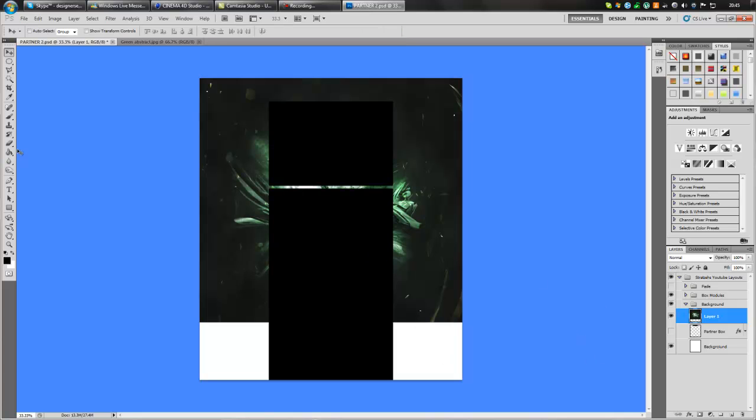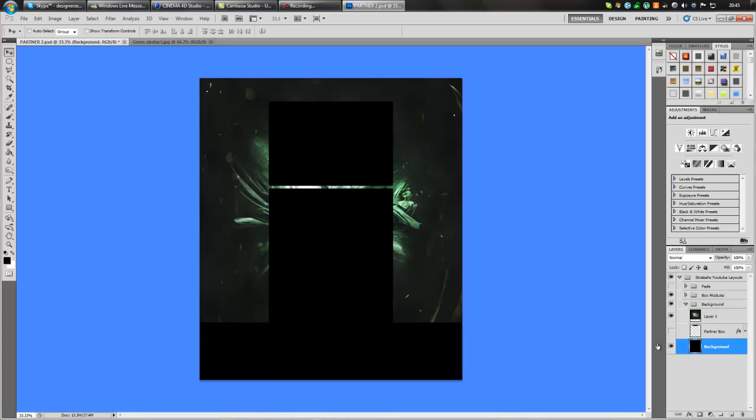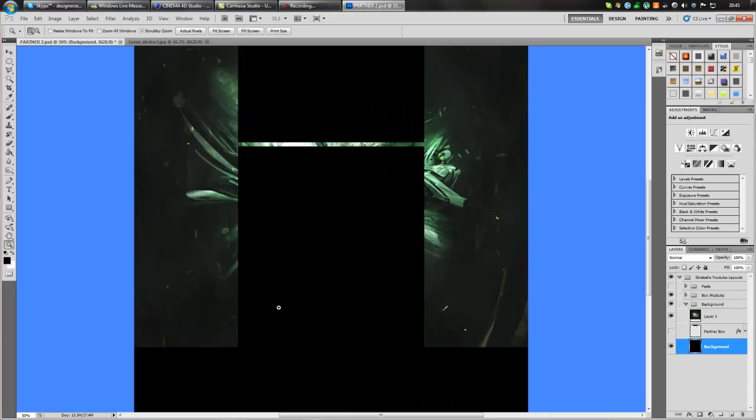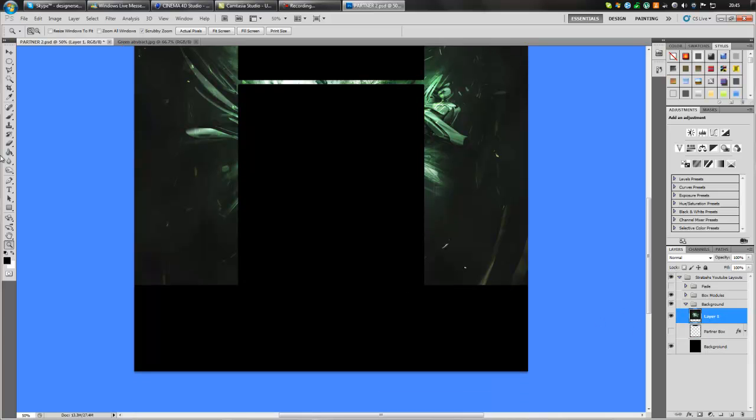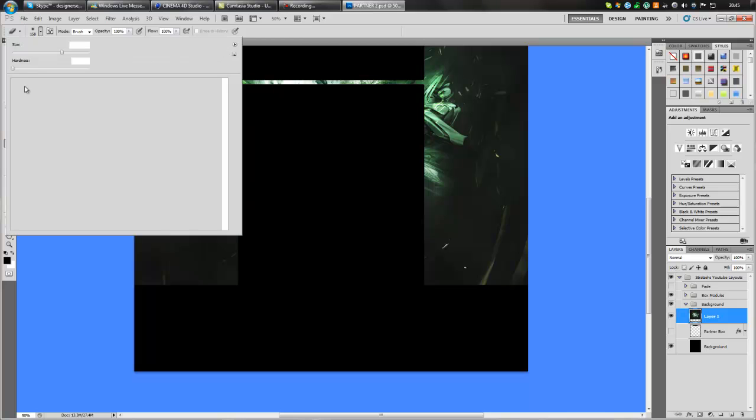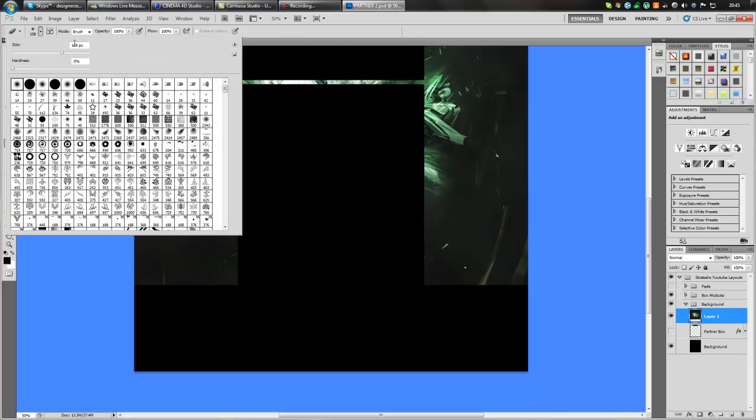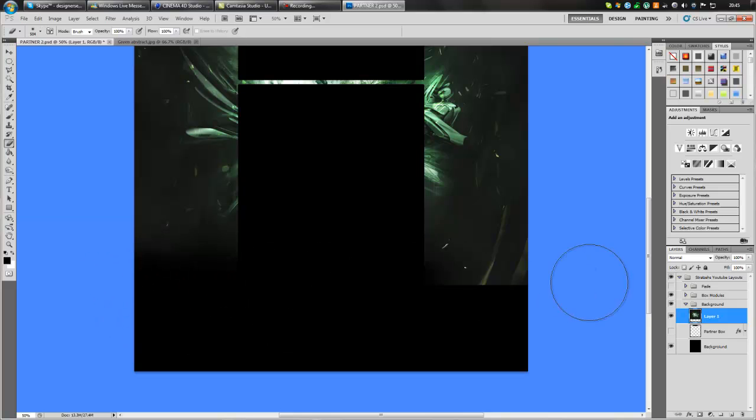And you see some people changing their background, like they're having their background black, and then at the bottom down here there's a fade. There's 2 ways you can get around this. You can either get your brush tool, put it on a soft brush and put it to around 500, and then just go like that,